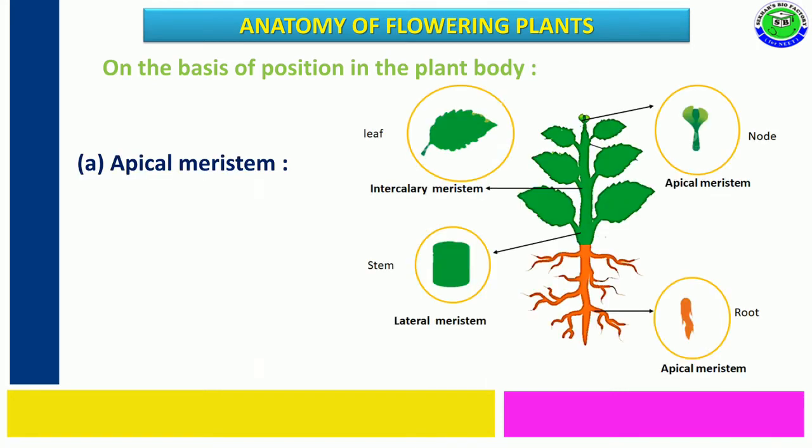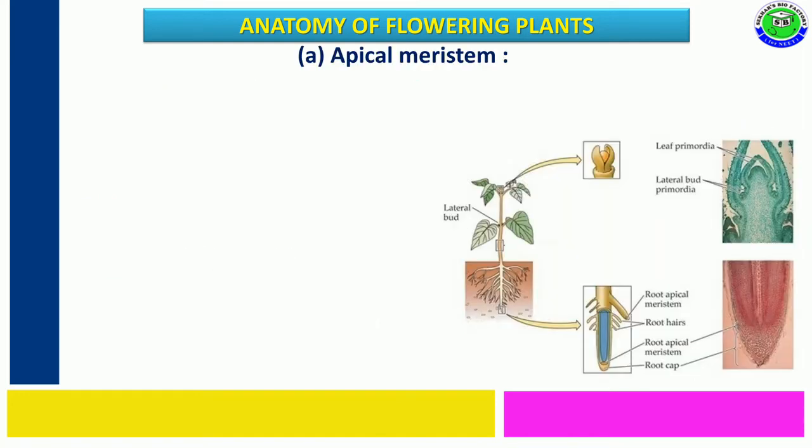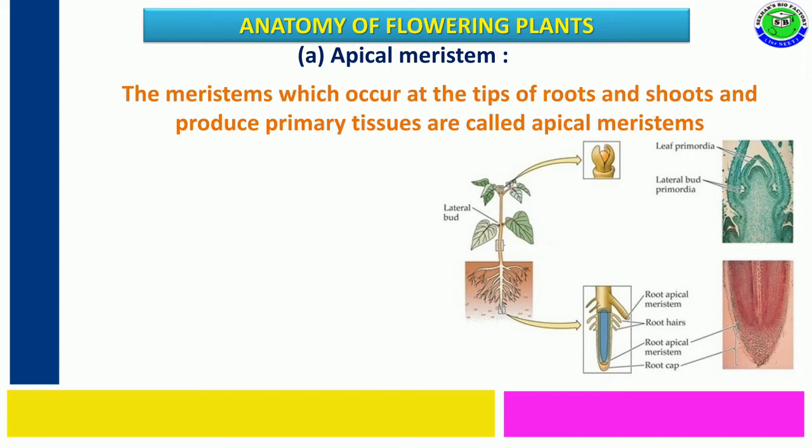In this, the first type is apical meristem. The second type is intercalary meristem, and the third type is lateral meristem. The first type is apical meristem. The apical meristem is nothing but the meristematic cells which are present at the tip of the plant body, more